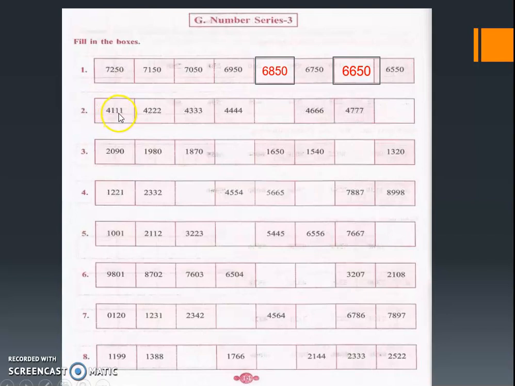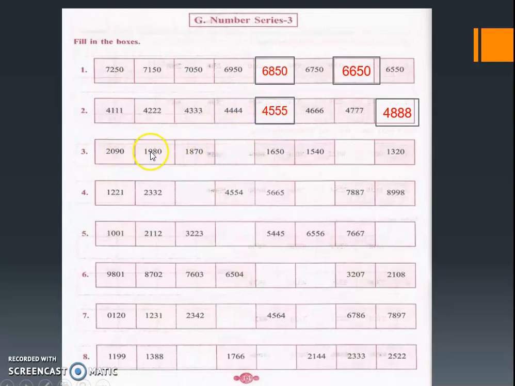So like that, for the next one, if you are checking 4,111, the 4 is remaining the same. In the other three digits, one digit is getting added: 111 here, 222, like that 333, 444. So again 4,555, 4,888 will be the answer for this. Correct? 4,888. Correct or not? Because the 4 is remaining the same, the next three digits are getting added with 1 value. That means it is not the same number being added. The number itself is getting changed. Correct?